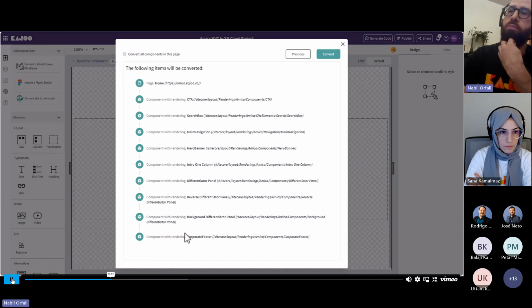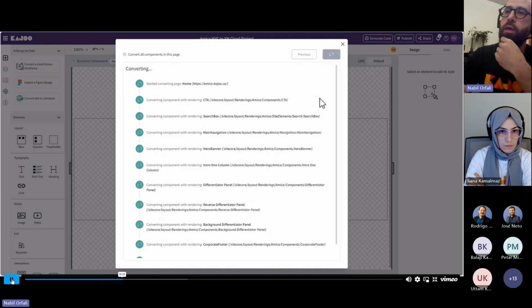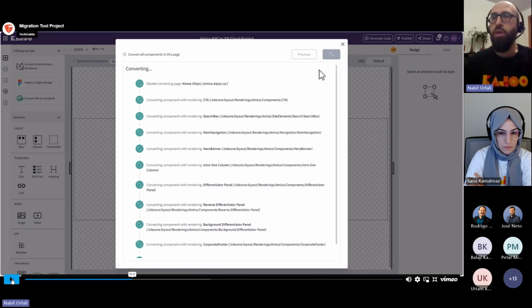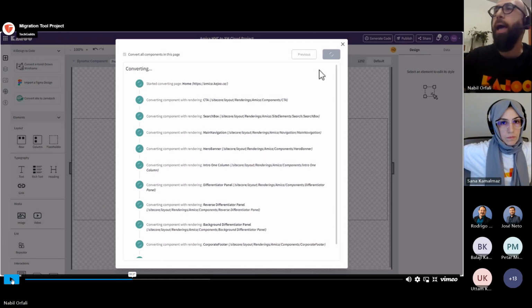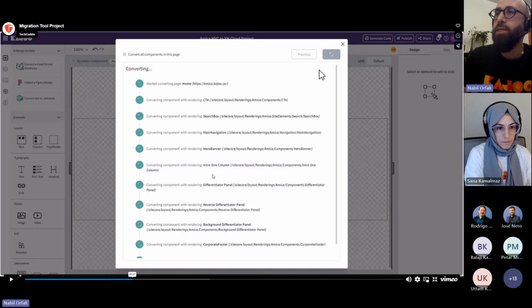And more importantly, when I go next here and start converting, this process is going to be mapping all this data, data templates and content models with the front-end code. So Kajoo will understand and build a model of: this is a Sitecore rendering on the front-end side, this is the CSS code, this is the markup, this is all the accessibility attributes that are implemented already on the source. And we also preserve the rendering, breakpoints and responsiveness for every mobile device,